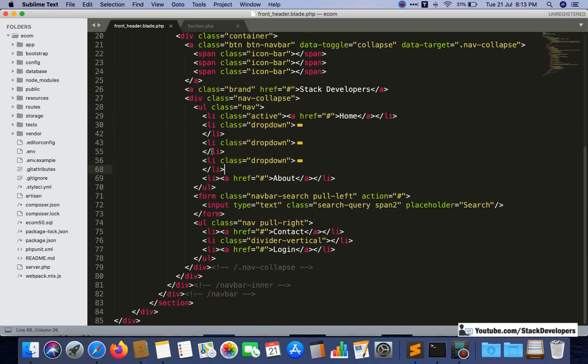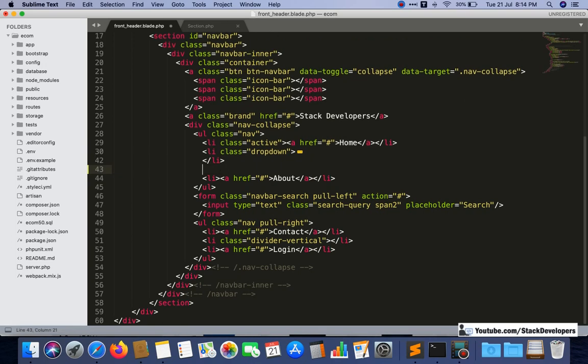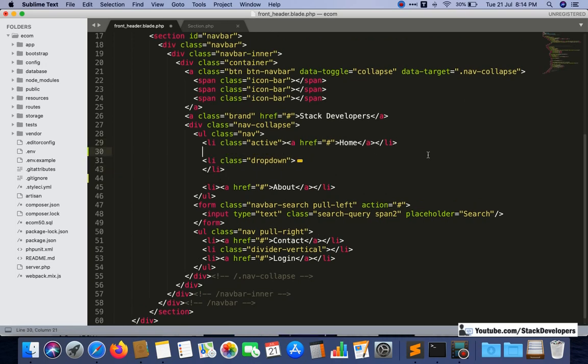So what we can do, we can remove two of the drop downs now, because we are going to make it dynamic and we want a foreach loop here. I am going to delete two, women and kids, and we are going to call them dynamically in a foreach loop. So I'm going to delete these two and add a foreach loop here.